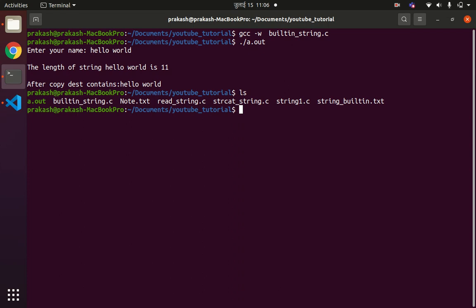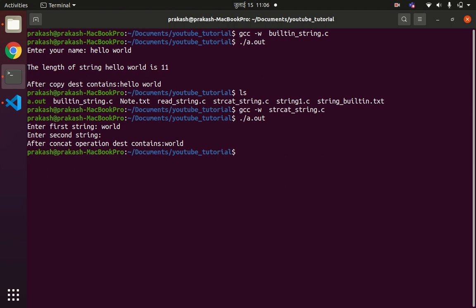ls, we have strcat. So gcc strcat_string.c. I'll suppress the warning by using -w and ./a.out. The first string is world, so enter the second string after concatenation. So it is skipping